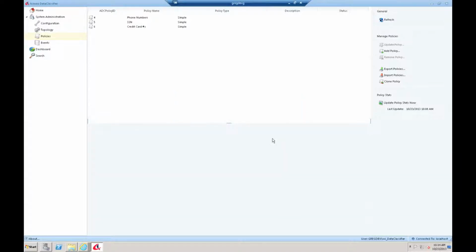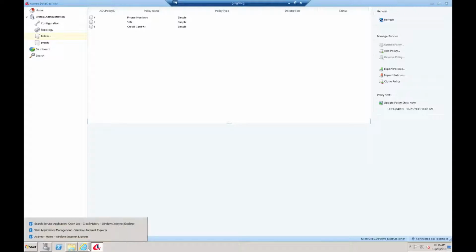They're set up. So now if I want to get these policies to take effect and to find which items in my environment meet these policies, that content needs to be re-indexed. So the integration point for Data Classifier is as a part of the indexing process, and that means in order for us to apply a policy to an item, SharePoint has to try to index it. So right now, at this point, anything new that SharePoint indexes will have these policies applied. But if I want to also apply these policies to older content, I need to go ahead and run full